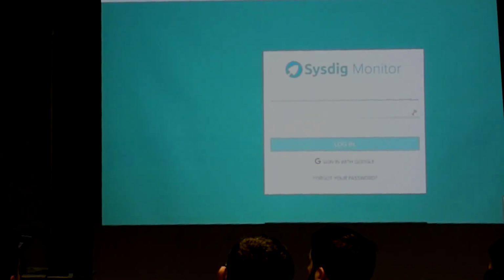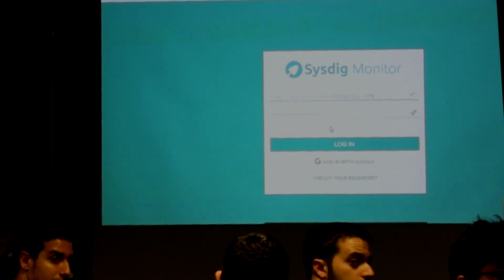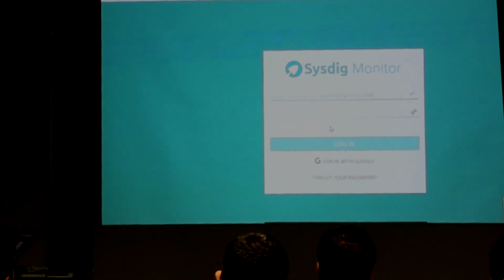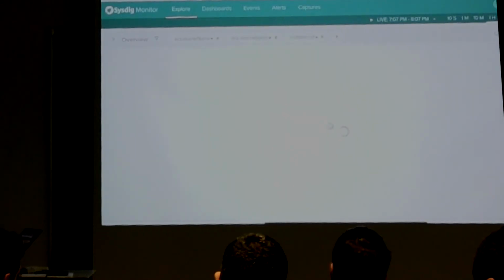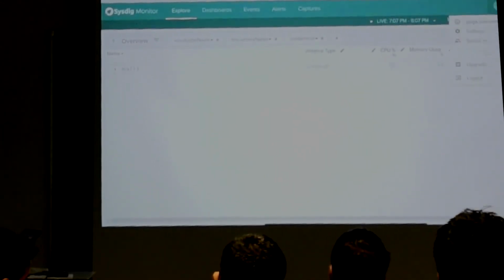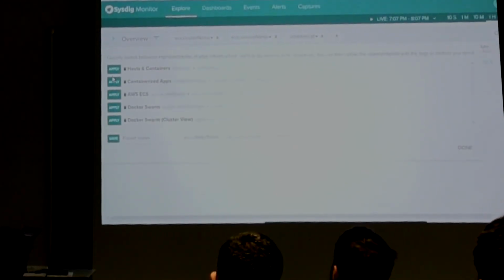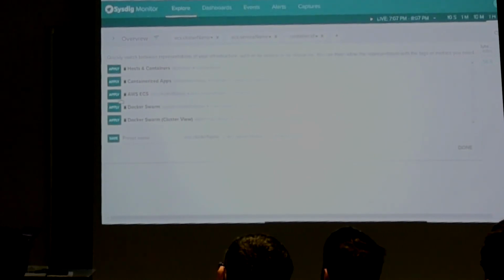Yeah, over there. Yeah, so thank you very much for the presentation. It was very interesting. Some stuff really hit home. I actually do have a question regarding the use case where you are using, for example, Kubernetes as a service. In that case, if you don't have access to the kernel, how do you actually monitor those system calls?